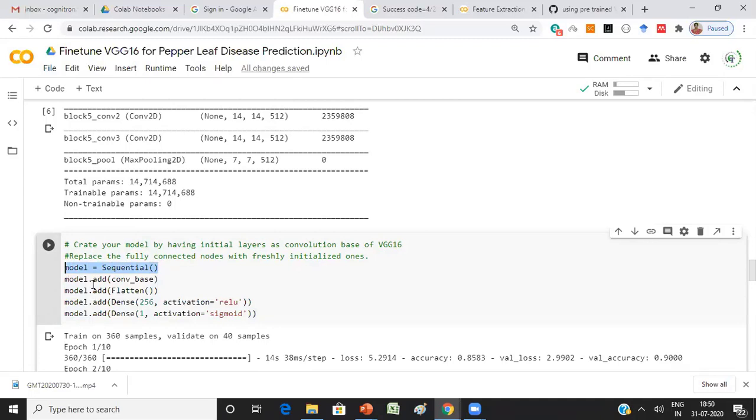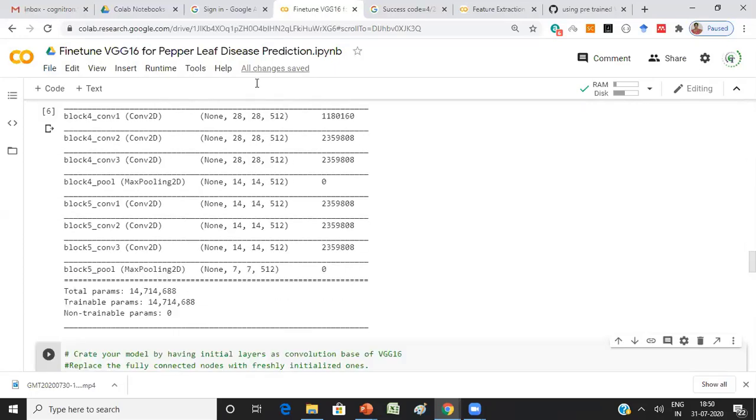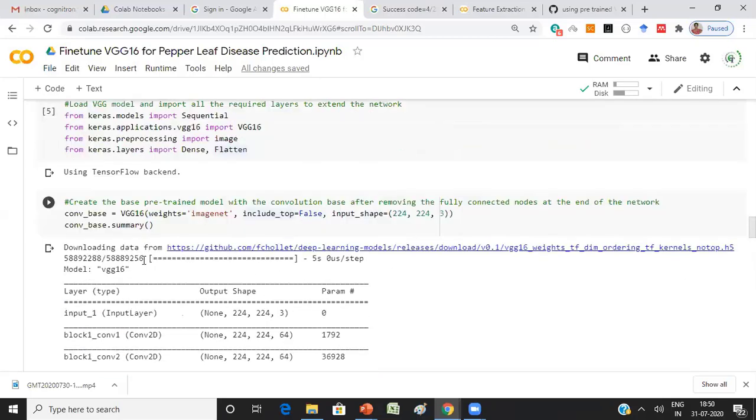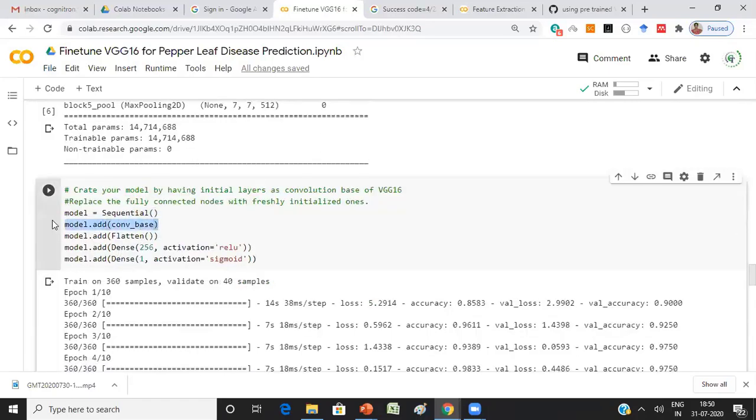Now to this model, I'll be adding the convolution base. What is the convolution base? All these layers are the convolution base. That is the variable we just created, right? It's just a variable, that's all. So you just pass that variable. In that case, your model will have all those convolution layers.